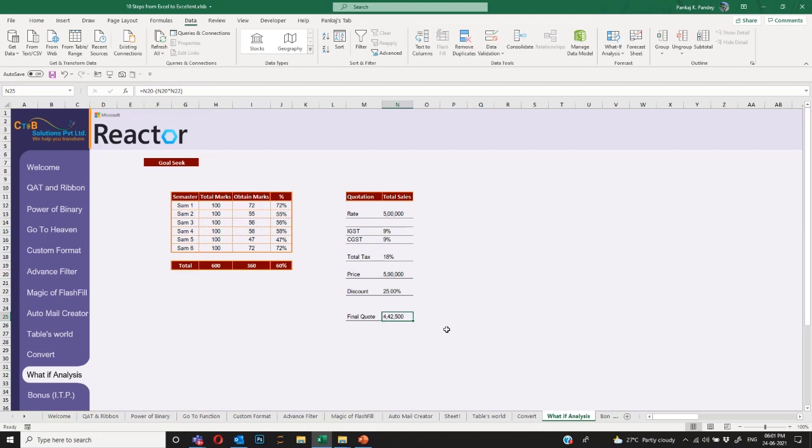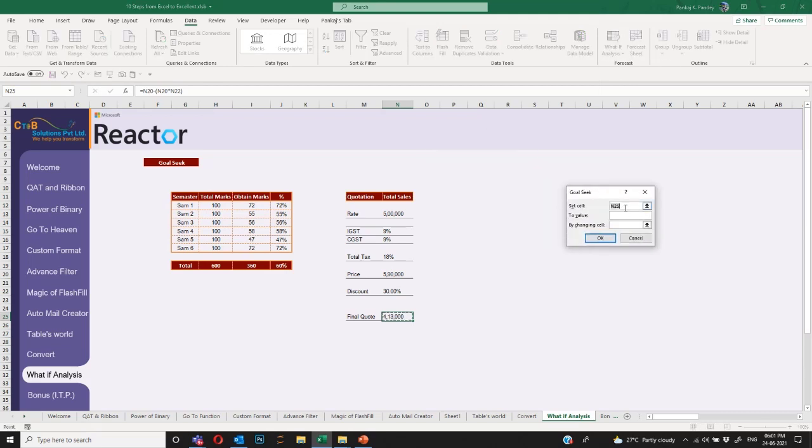Obviously I cannot change the taxes. I cannot change my base price. What I can change is the discount. So now I have to find out how much discount I should give so that this quotation becomes 4 lakh. Rather than trying different discounts like 35 and 32, I will simply go to the final quotation cell, then What-If Goal Seek.